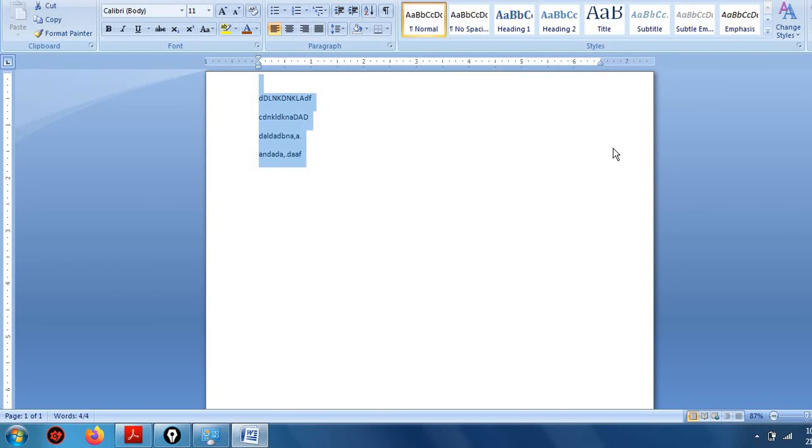But the use of sticky keys is that if any person is unable to press Control plus A together at the same time, he can press them separately. He can first press the Control key, and after some time he can press the A key.